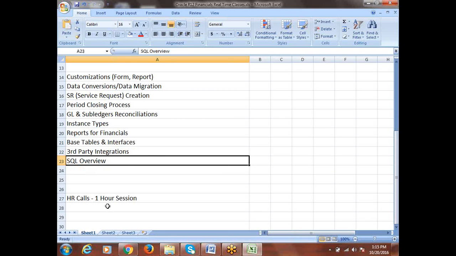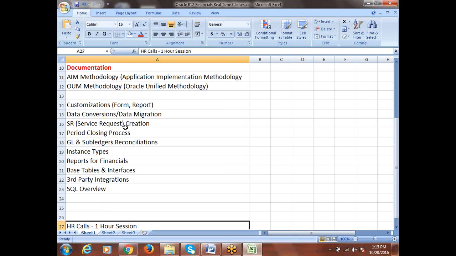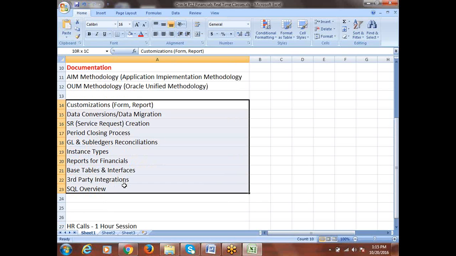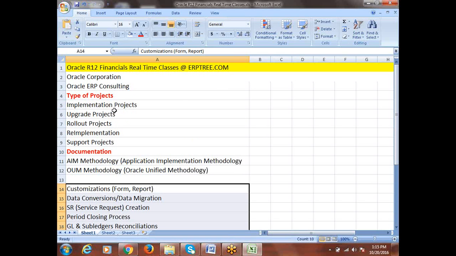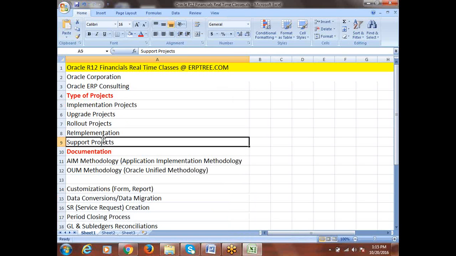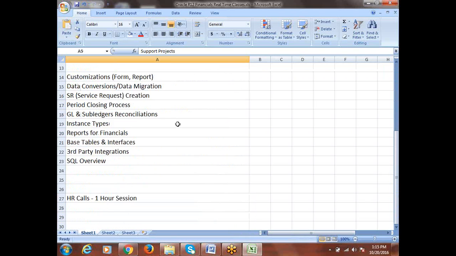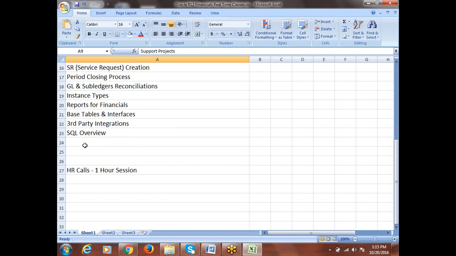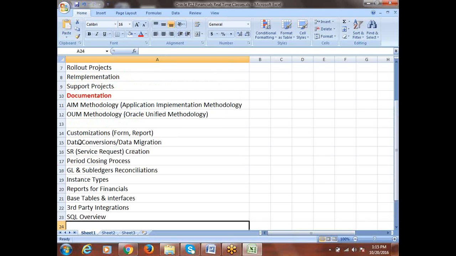This we already discussed, and that we already discussed, and there are many others here. We listed a few points since these are very major, and apart from that there are many points you can see within implementation or support, and when we discuss other points I'll be adding them. But for now, if you have other expectations apart from that, let me know. I'll add them and discuss them wherever applicable. In between also you can add, no issues. It's not mandatory.